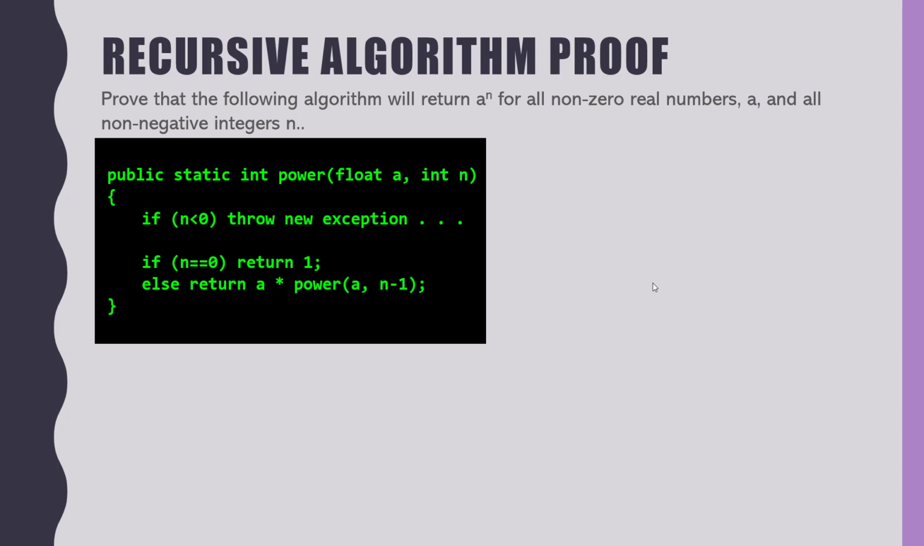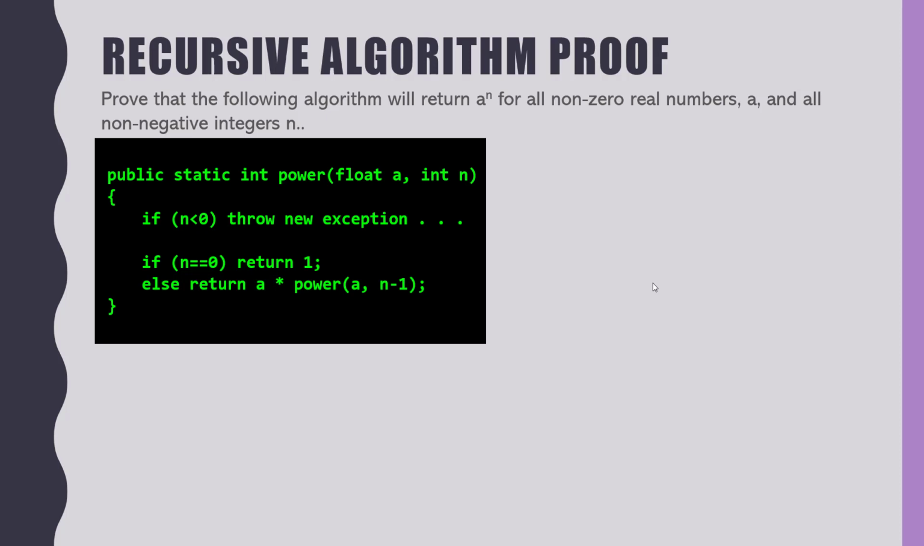So this is a recursive algorithm, and if I pass in a and n, it will return a to the n power. What we want to do is prove that that is true for all, well, you can see it right there. Prove the following algorithm will return a to the n for all non-zero real numbers a